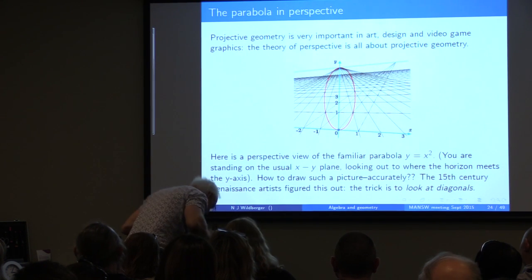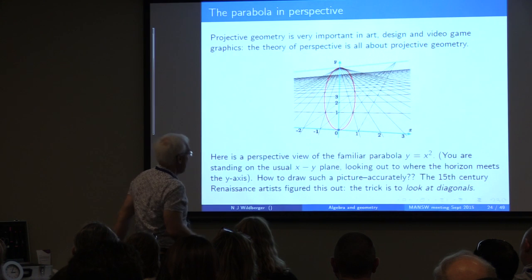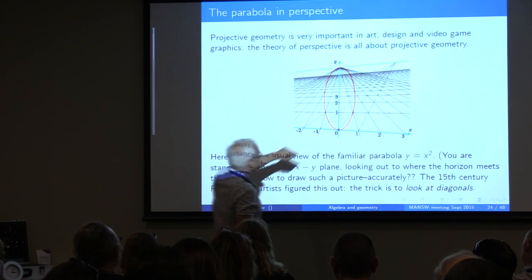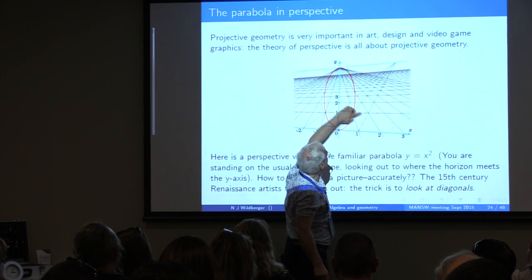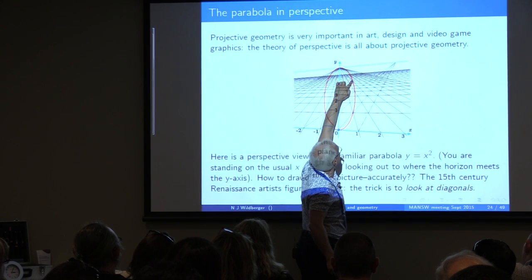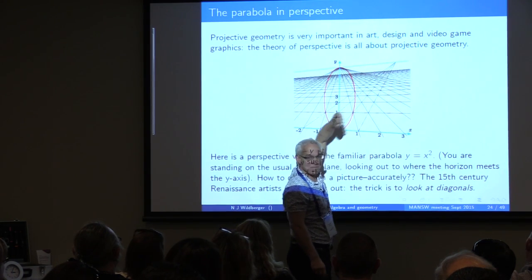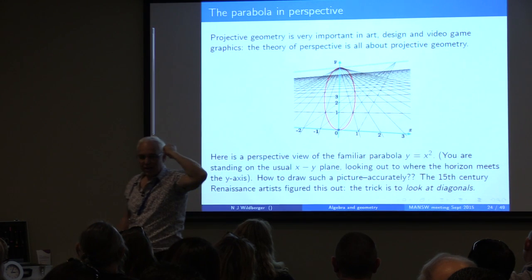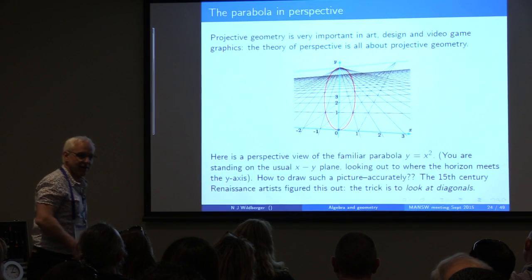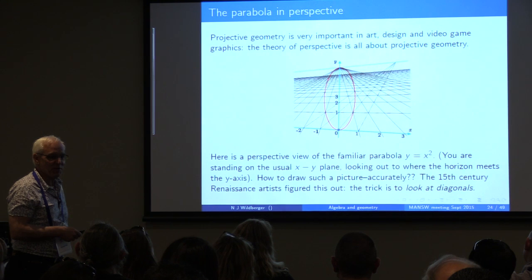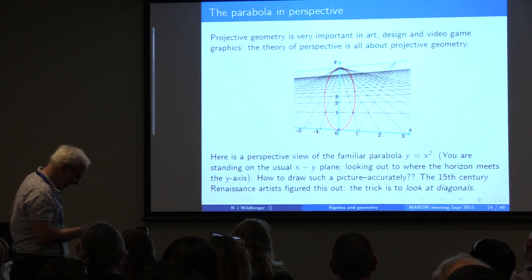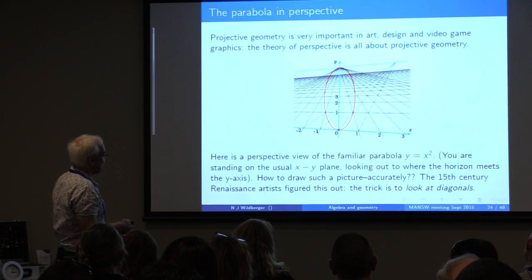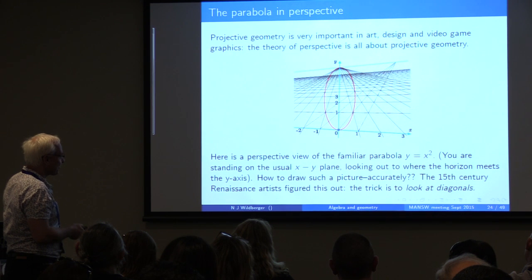The parallelism is only if you look at them like this. And then it turns out that y equals x squared looks like this. So there's the point 1, 1. There's the point 2, 4. There's the point 3, 9. There's the point 4, 16. And it kind of wraps around to touch the line at infinity. It's a real picture of the parabola. It's a great picture to show your students.